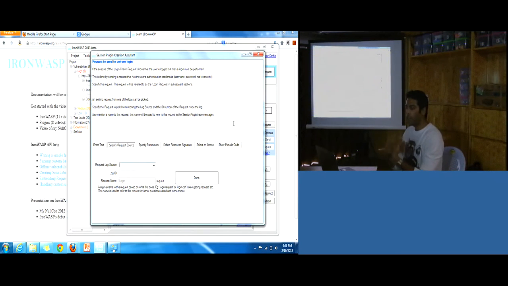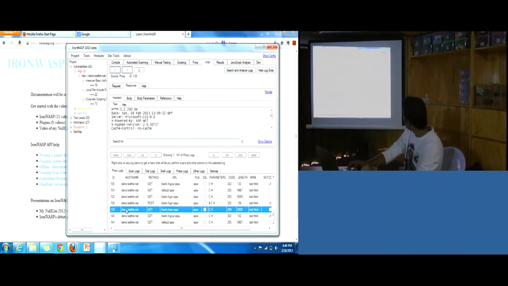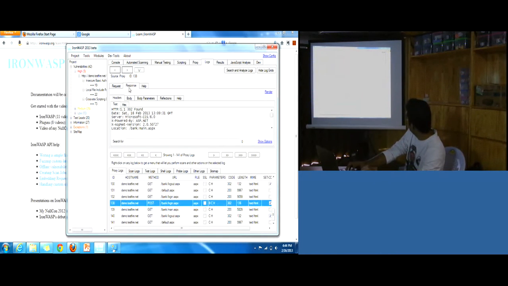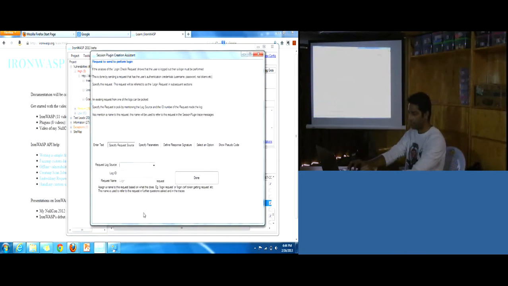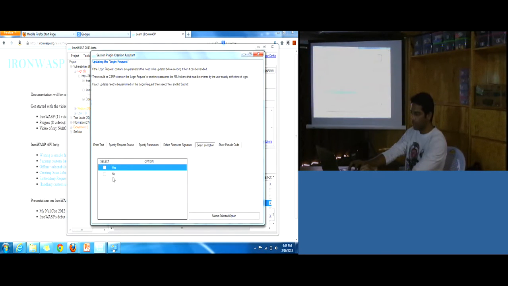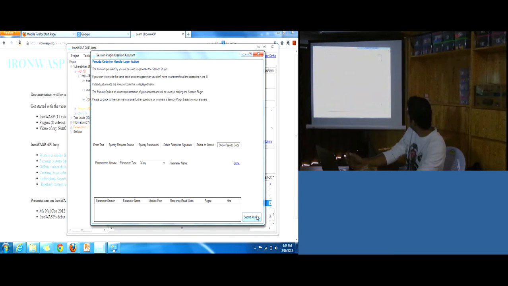After that, how do I log you in? For this, we have to tell the tool what the request is which contains the username and password. If you look at the logs, you can see this POST request. This has the username and password, admin. This is ID 138. So I'll say proxy log ID 138 is the login request. Okay, and I guess we are done.